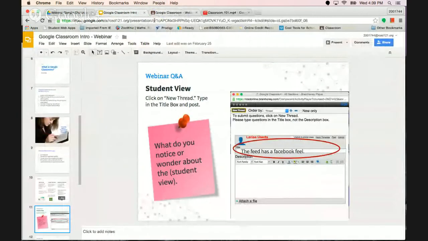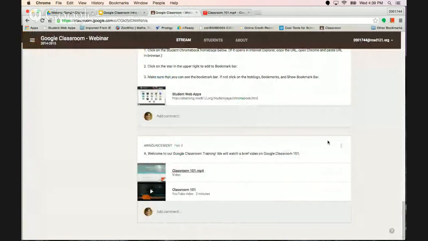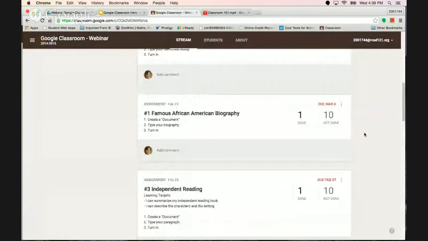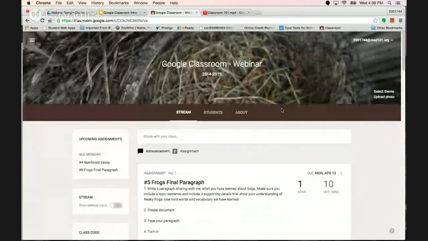Now we're going to look at this classroom from the teacher view. So here we are. I want you to think of, we'll kind of do a walk around the teacher view. And if you can notice a difference between the teacher and the student view, you will be asked to post a difference to the sharing board.